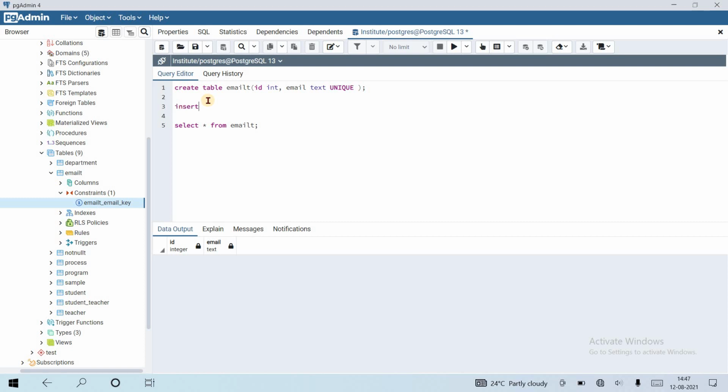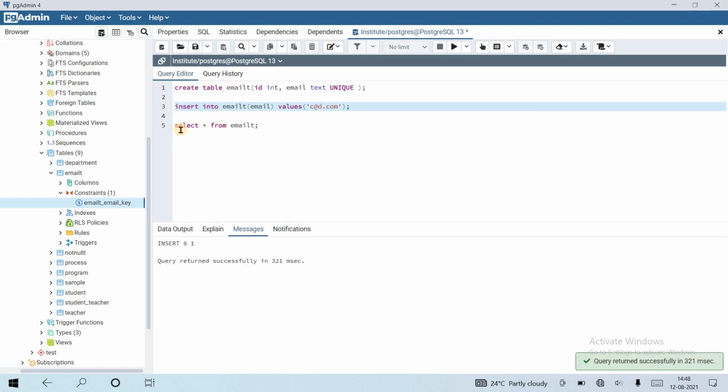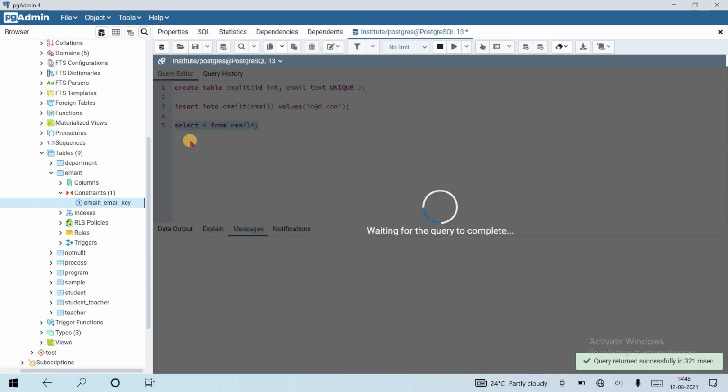Insert into email_t values, the email column value, suppose c at d.com. Let's run this query. The query returns successfully, which means the value is inserted.